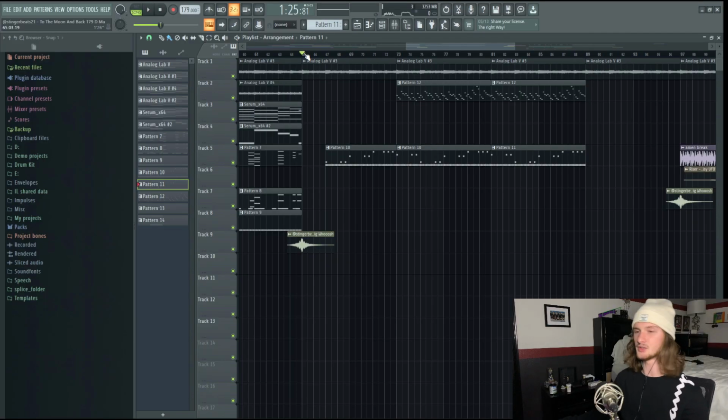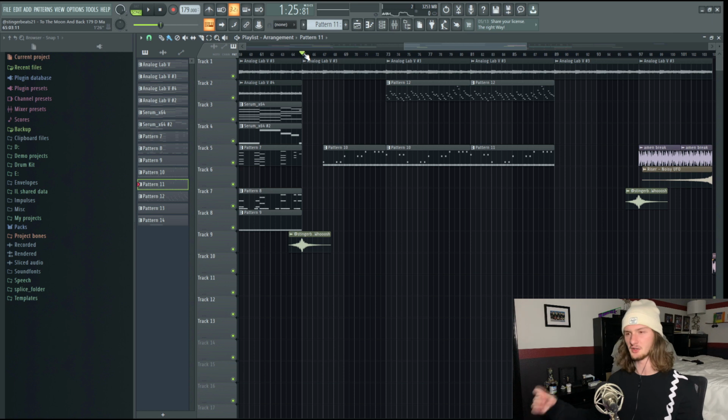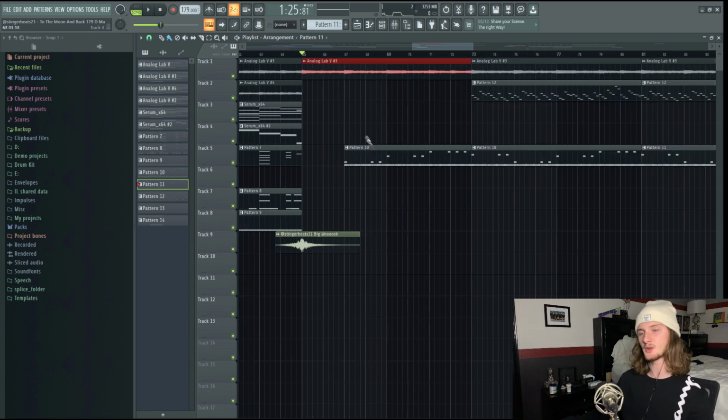And from there, I have it transition into the verse. I'm not going to go into the verse too in depth because it is a beat change, but it's a fairly simple beat change. You'll know what I mean in a minute. So for this first portion, I just integrate the first melody and throw in some pretty standard trap drums.